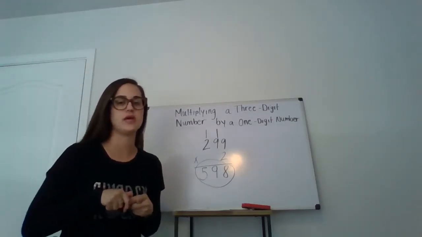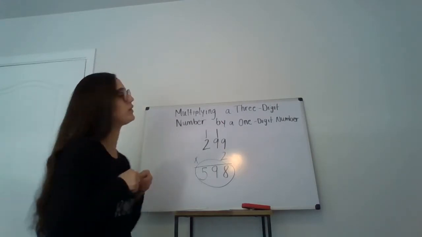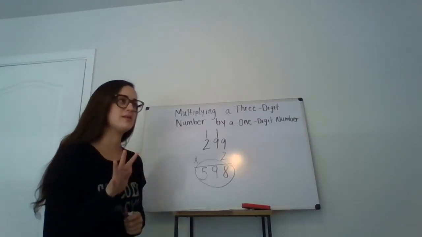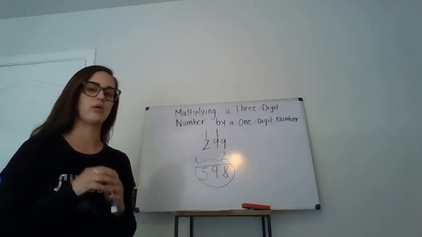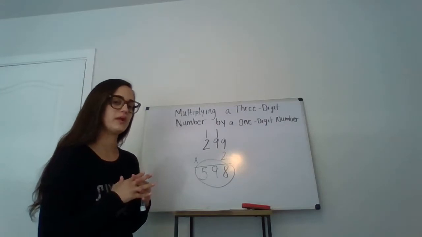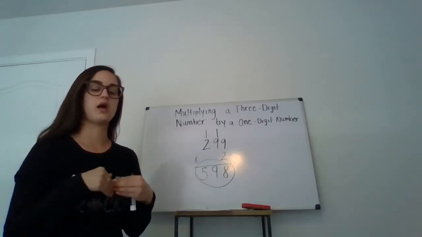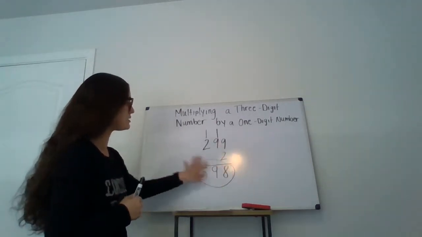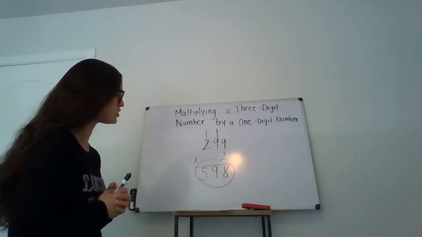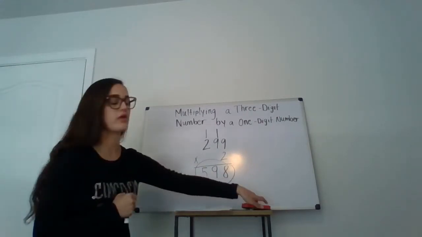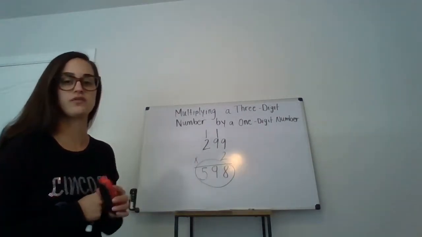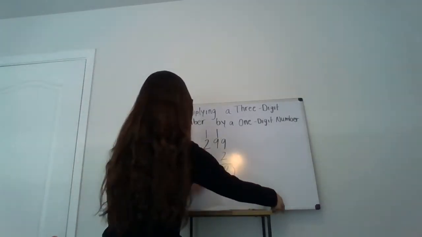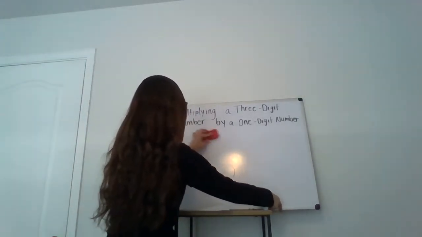So what I'm going to do is I'm not going to use it for this problem. I'm going to use the area model for a larger problem because that's when we tend to make our silly mistakes, is when our problems get a little bit more difficult. Our steps become a little bit more. And so in this case, it's a little bit more simple. We don't have too much going on here. So know that you could still use the area model to check your work for this if you want in the future, okay? And if you forgot how the area model works, I will put that up in a little